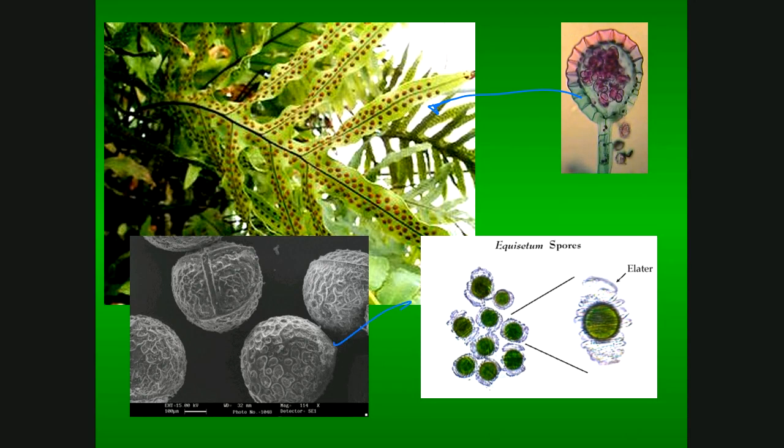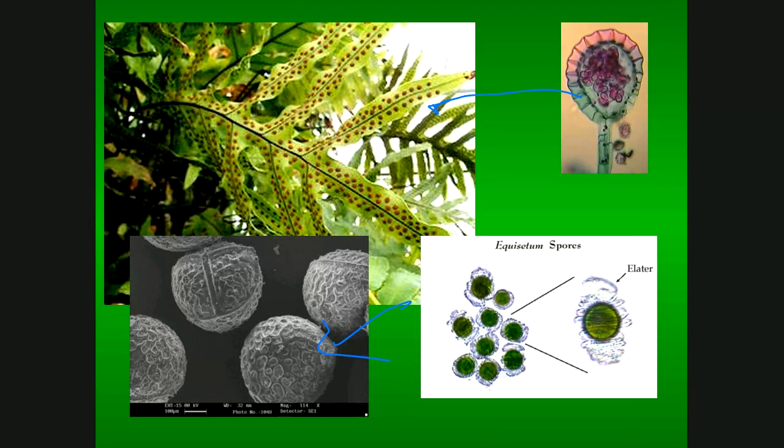Here's some spores. And in the case of the fern, for example, the wind blows those spores, and there's lots of spores going all over the place, hopefully to find a place to survive, away from the parent. Because that's one thing about offspring dispersing. You want them to disperse so they're not competing with the parent for resources. Get away, go. The one on the lower right, Equisetum, that was the horsetail. Remember the horsetail plant we saw in lab yesterday? Equisetum spores have little springs on them, elaters. Boom, and it shoots them out, even disperses them further. So it's all about the dispersal.